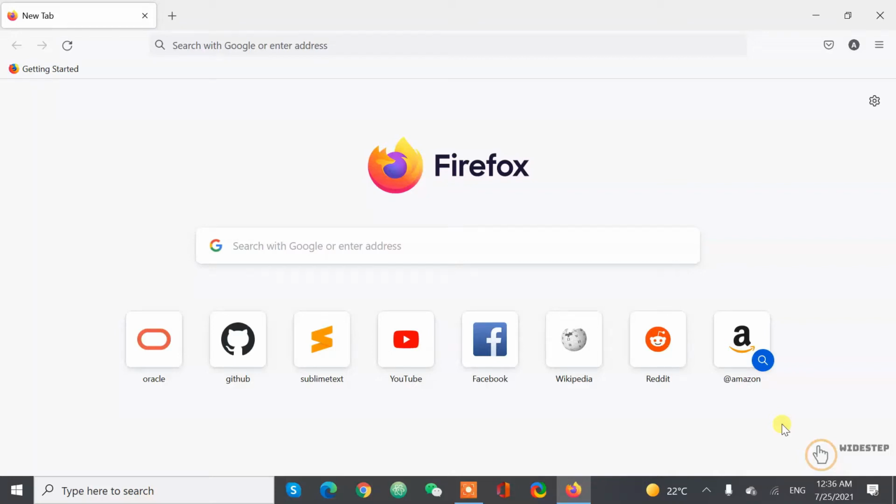So in this video I'm going to demonstrate how to download and install Eclipse. For this demonstration I'm going to use Firefox as my primary browser. You can use any browser of your choice. So first of all, go ahead and open up your browser and then